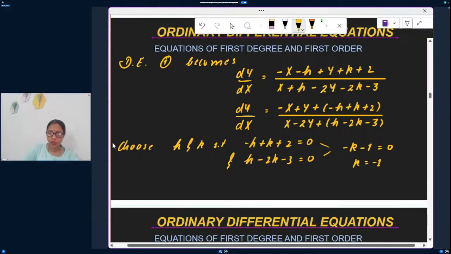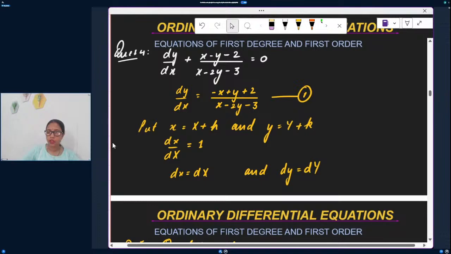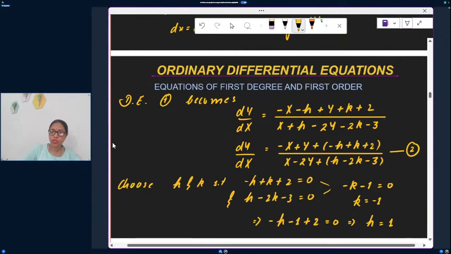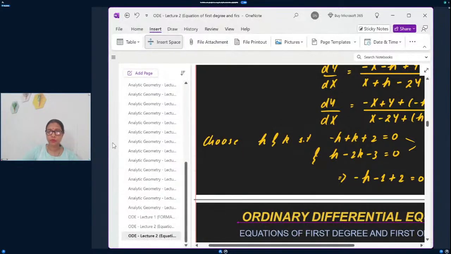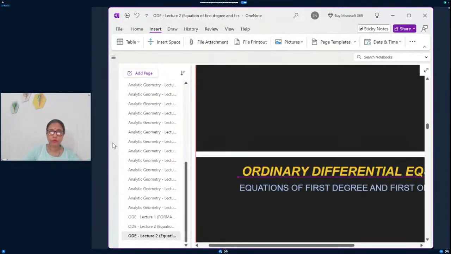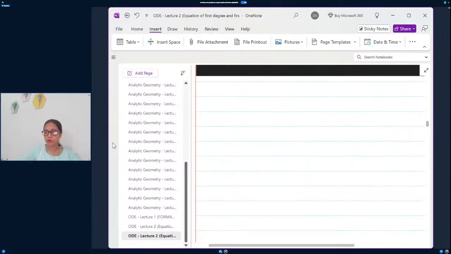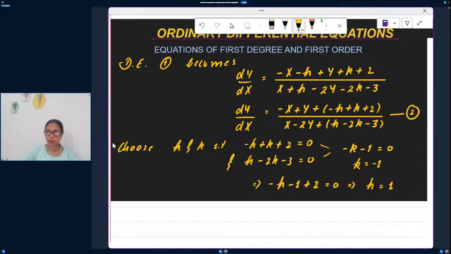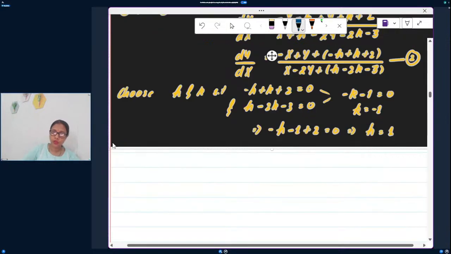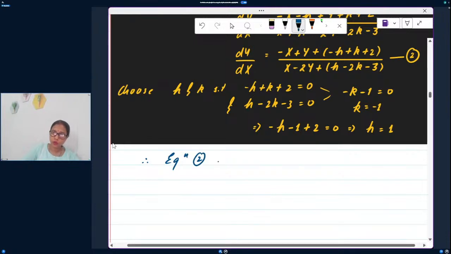Substitute. It implies minus h minus 1 plus 2 is equals to 0, which implies h is equals to 1. So you have h = 1 and k = minus 1. Okay. Now, therefore equation 2 becomes